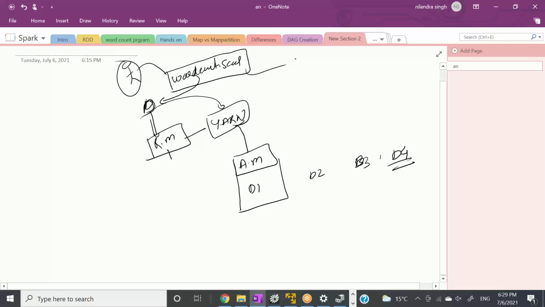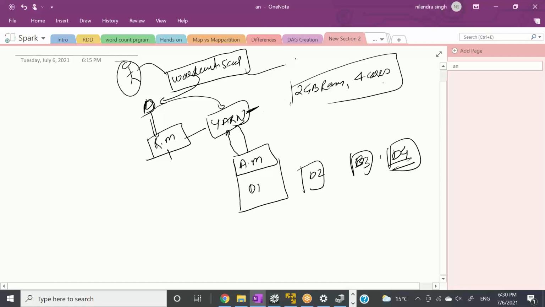Let's say we need 3 containers. So the application master will go to Yarn again and ask for containers. Now, since Yarn, your resource manager, has all the mappings of which node has how many resources, let's say this application asks for 2 GB RAM and, let's say, 4 cores.